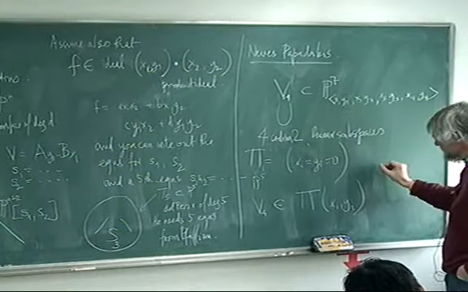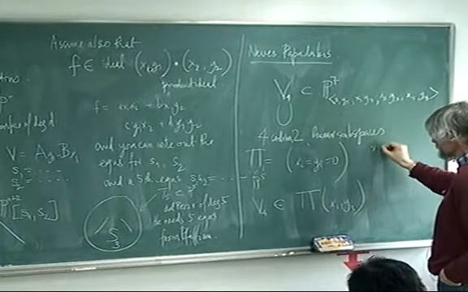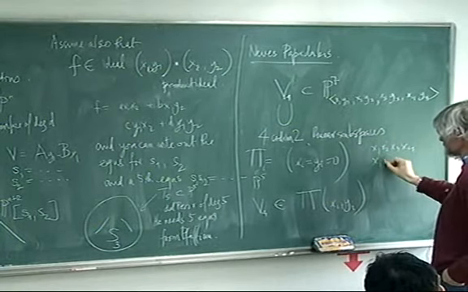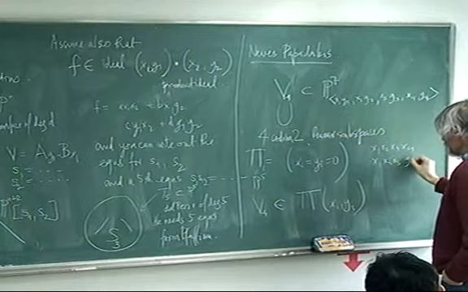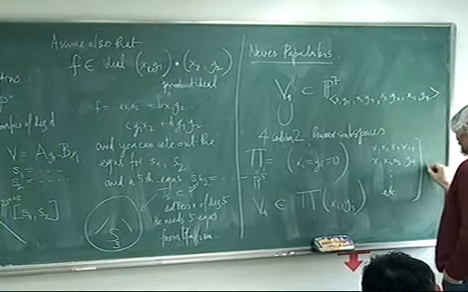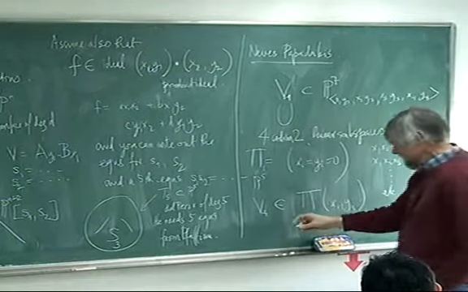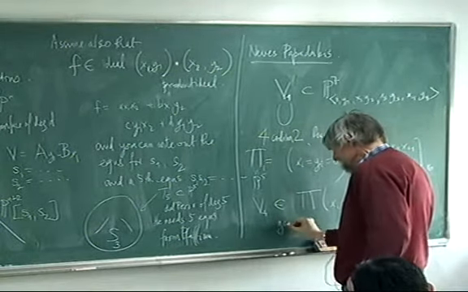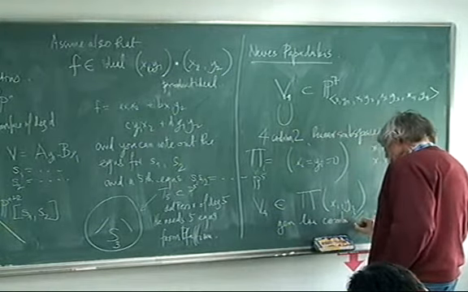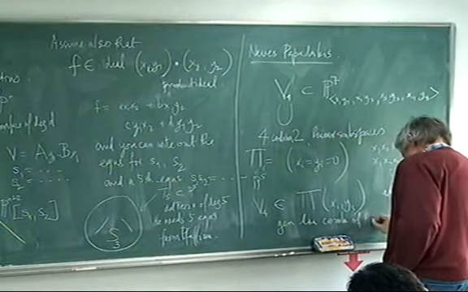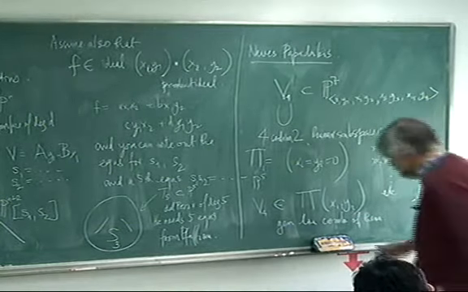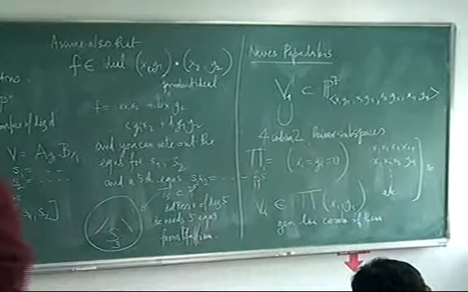In other words, I take monomials like x1, x2, x3, x4, and x1, x2, x3, y4, etc. 16 monomials, and I take just a general linear combination. Okay, then